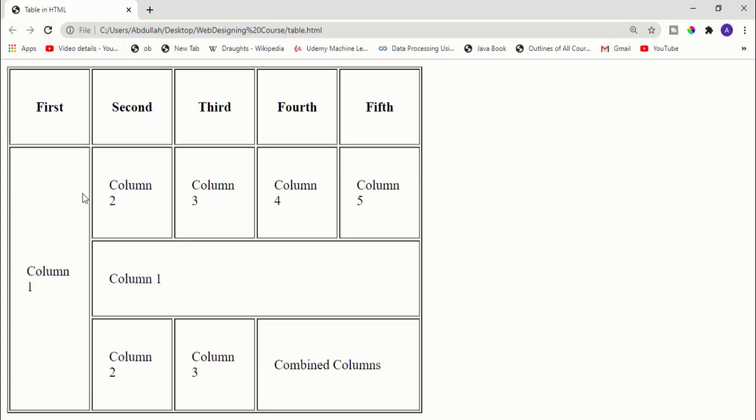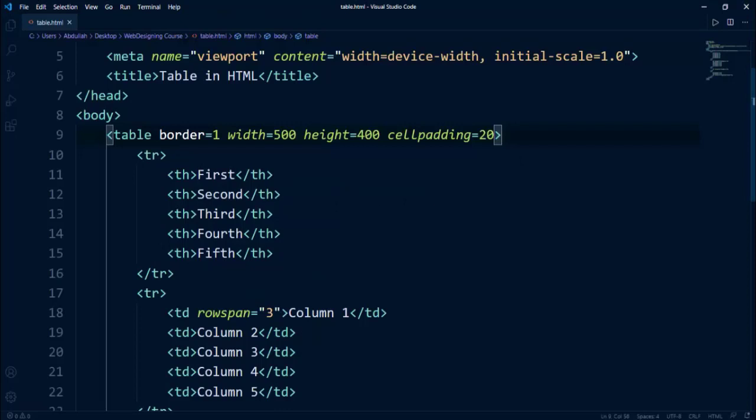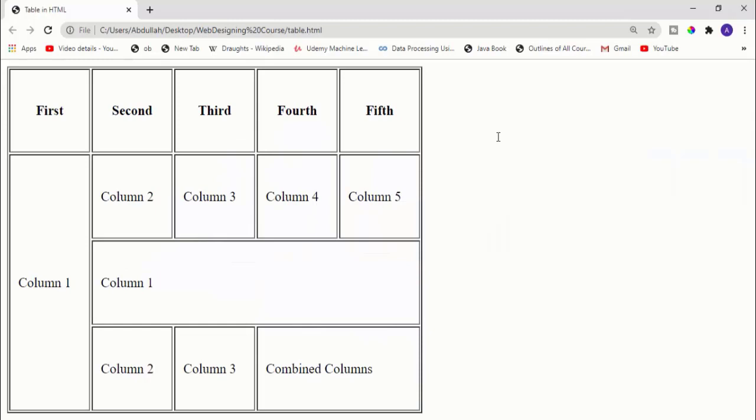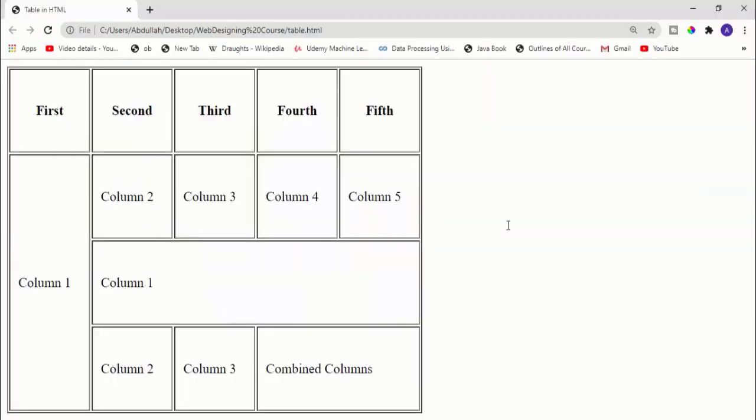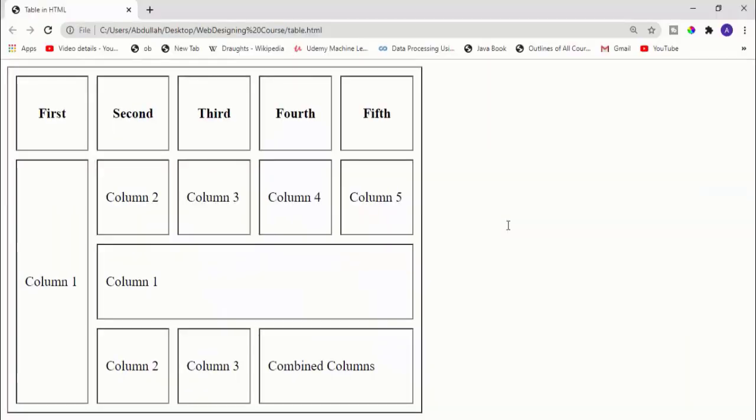So if I save this, you can see they are a bit on the right side because they are getting a bit of padding there. Okay, so we can add padding in the cell. Now I will make this 10. If I refresh this page, you will see there is a padding of 10. After that we have cell spacing, so we'll say cell spacing is equal to 10. If I save this file and refresh the page, you will see every cell has a spacing of 10 pixels, so you can add cell spacing right there.